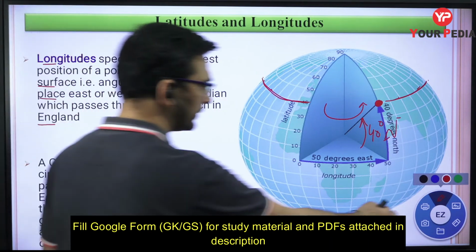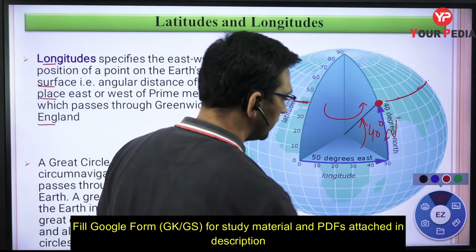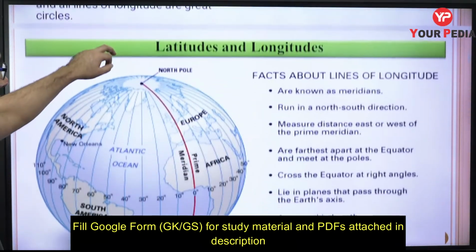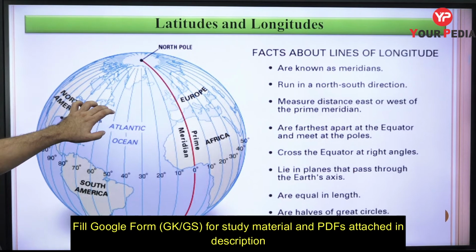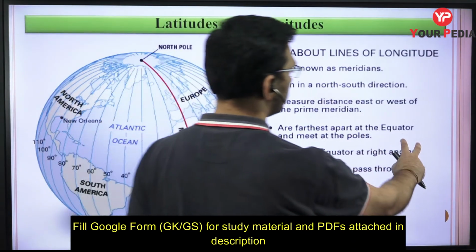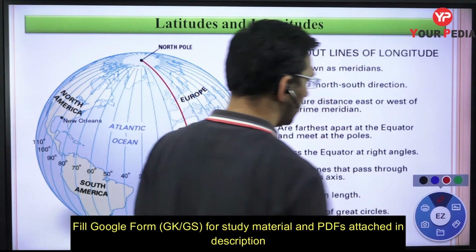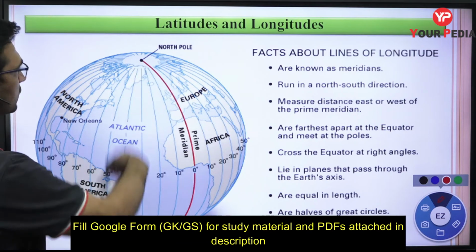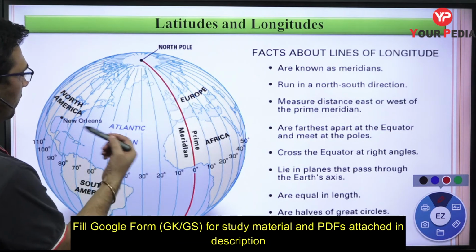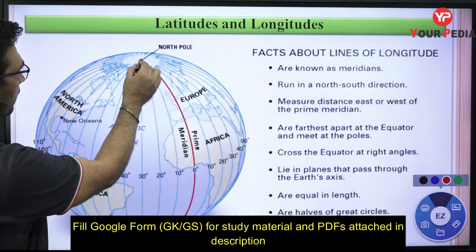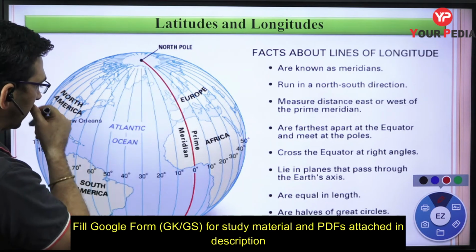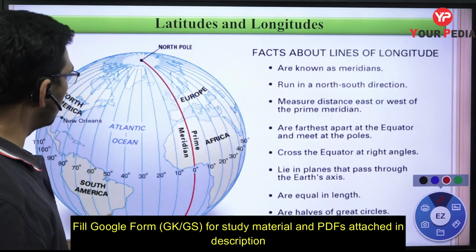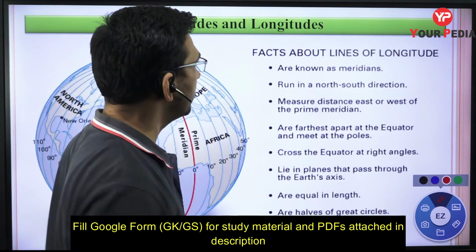Now let us discuss some basic points related to meridians. So all these curves which are going from north to south or south to north, it is immaterial for us, but simply these curves which are going from north to south or south to north at any particular angular position, either to the north or to the east or west, we call them meridians, right? They are also known as meridians.